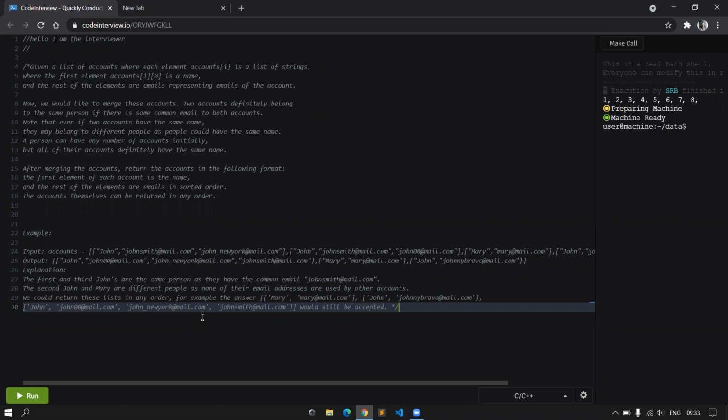All right, since the statement is pretty large, I'll just jump to the input and output and see if I can understand anything from it.